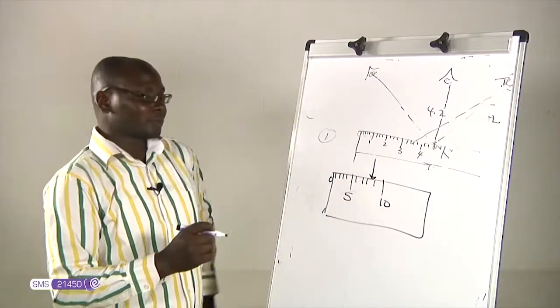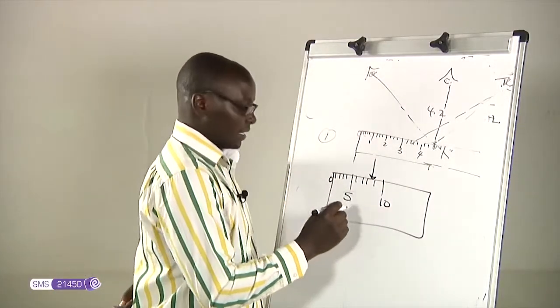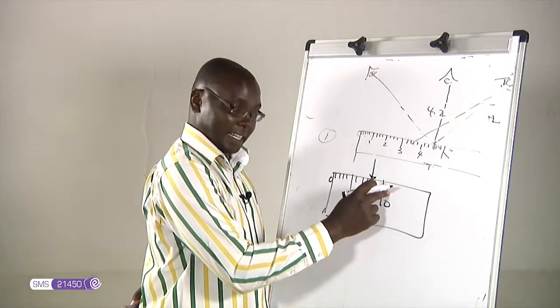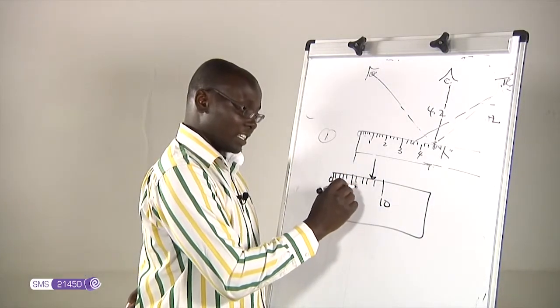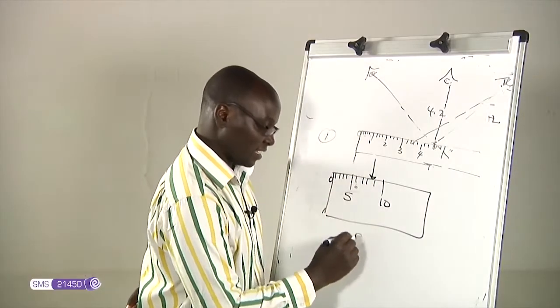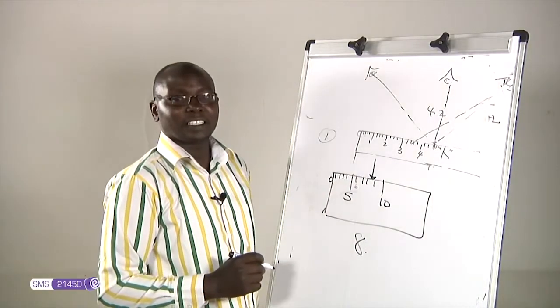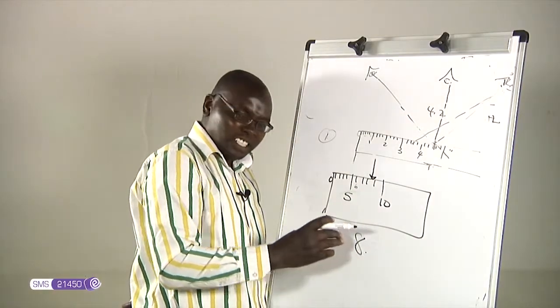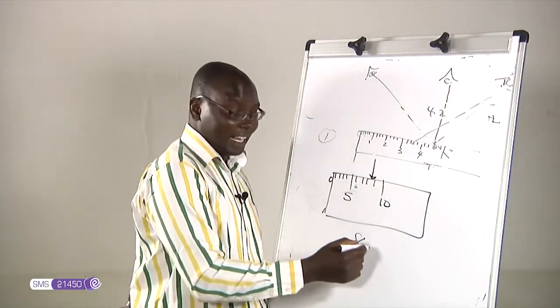Right in the middle, we have 5 here, this is 6, 7, and 8, then 9, 10. So 6, 7, 8. But it has not reached, it's not at 8 exactly, it is not at 9 exactly. So we can actually approximate it to be